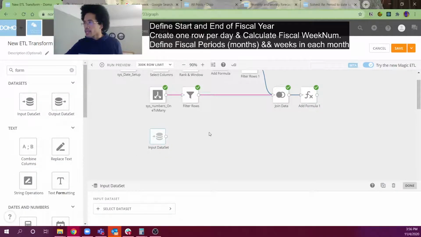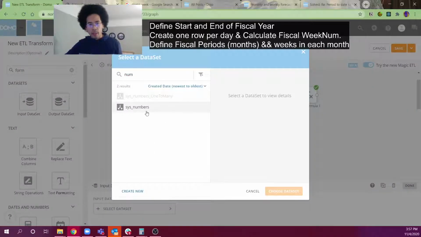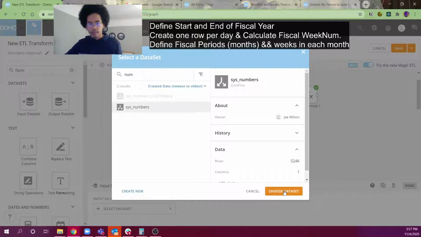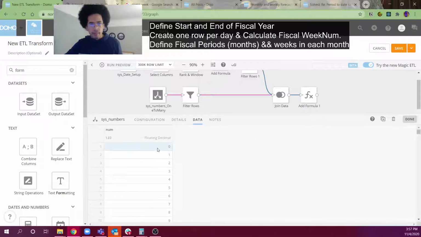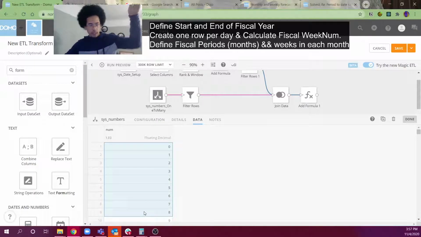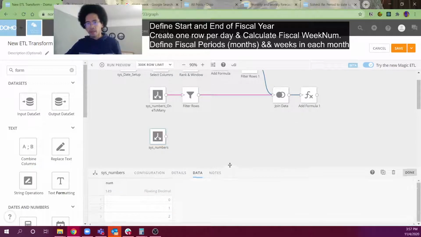Now, I need a data set that has my fiscal periods. Let's assume that I have 12 months in a year. So I'm going to pull in a data set called numbers, which is an ETL that I wrote that will produce a data set that's just 0 to a million. I don't need 0 to a million. I'm going to apply